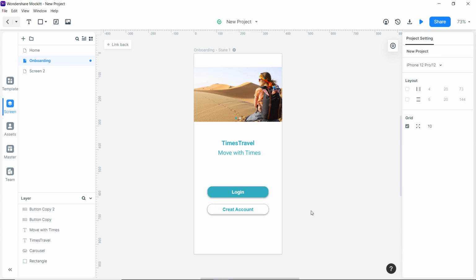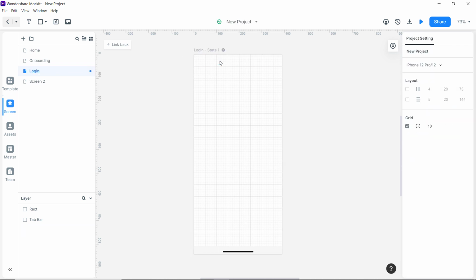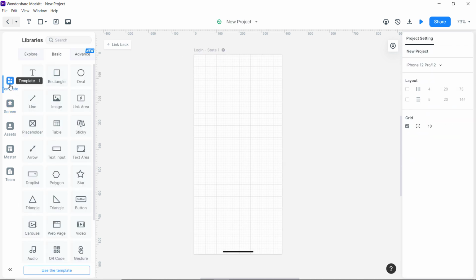Let's create another page where I can show you some other cool features. You can create multiple guidelines to align the layout properly.